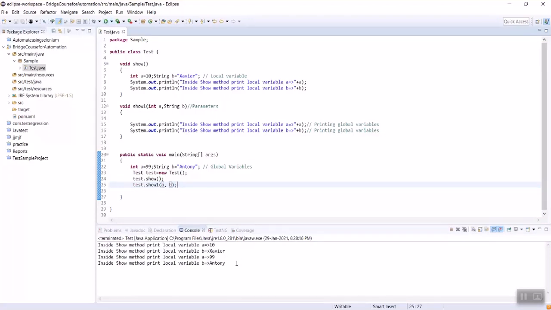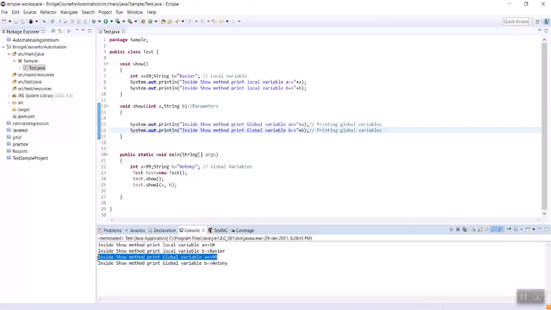So you can go through it. It's very simple only. As we have commented, it was printing with our comments. So it's very easily understandable, I guess. So there is a change. Print a global variable. The method void show represents the local variable. The method void show one represents the global variable.